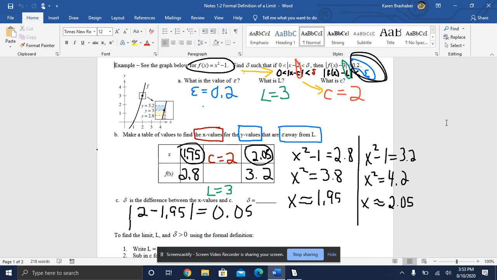And I can subtract both of them, 2 minus 1.95 and 2 minus 2.05. And both of those equal 0.05. So that means the delta that I was looking for is this value. So if I'm within 5/100ths of the 2, then I'm guaranteed